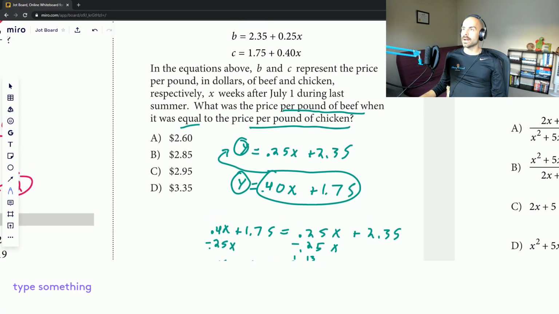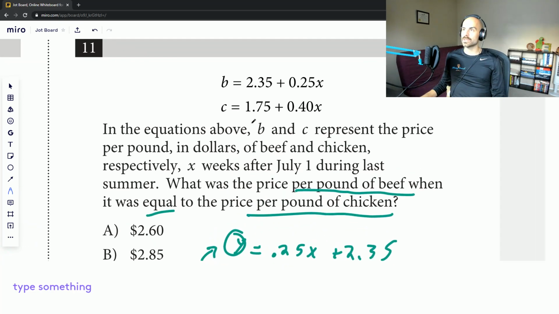And now what they're asking is, what's the price going to be? Well, thankfully, 4 is not on here to possibly confuse us. But now that we know what x is, which is the number of weeks, what we essentially figured out is how long it takes before they're the same price, but we don't know what that price is. So we can plug 4 into either of these two equations to solve for it. And it looks like, because we're multiplying, I'd rather multiply 0.25 because that's quarters. So we have 2.35 plus 0.25 times 4, which is just $1.00. So that would be 3.35, and that gives us the answer of